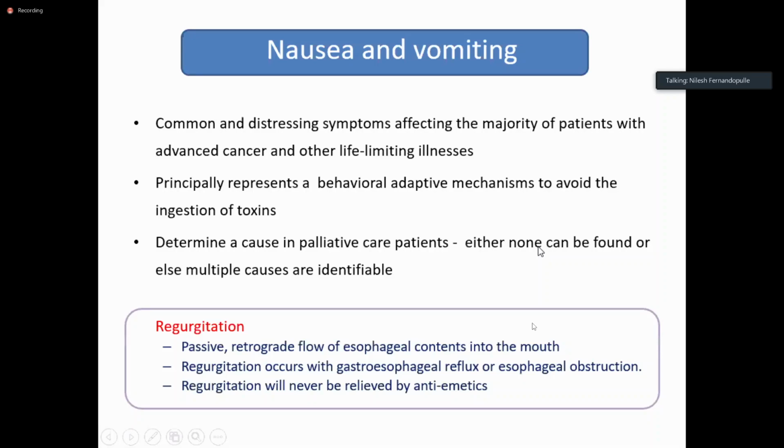Okay. So basically, let's start with nausea and vomiting. As you all know, nausea and vomiting is a very distressing and common symptom, seen in patients with cancers and other life-limiting illnesses. Principally, it's a behavioral adaptive mechanism to avoid ingestion of toxins. It's like a natural way of telling us we don't want any toxins taken into our body, so we are just putting it out. It's like diarrhea, putting infections out. So it's actually a good thing to a certain extent, but it's sometimes difficult to cope